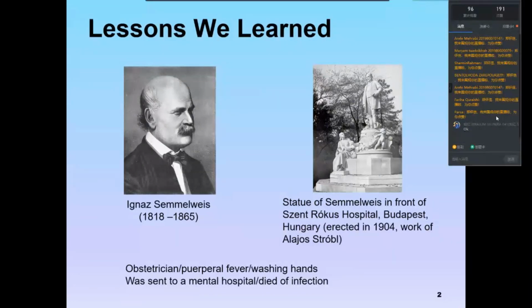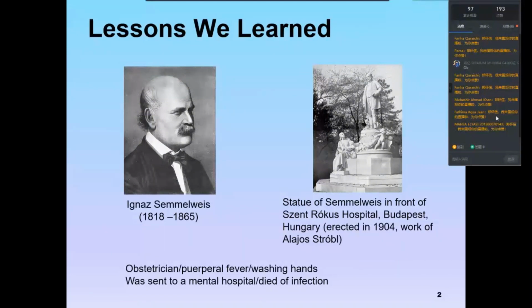And at that time, people knew little about microbiology. People knew little about bacteria. But what he noticed is that if the doctors wash their hands carefully and with some chemical, that can dramatically reduce the rate of infection when moms give birth to babies. So he noticed that there must be something on the doctor's hands which can cause infection in the mom and cause fever, and finally most of the infected mom will die.